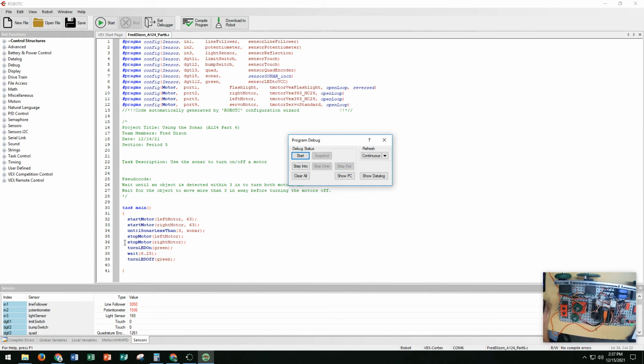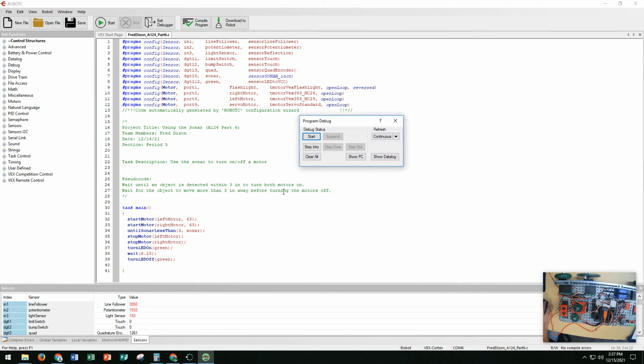All right, so now let's do the code for this one. Wait until an object is detected within 3 inches to turn both motors on. So what we'll do, I'm gonna take this, cut it, and put it in front at the top, because we're not gonna turn on the motor until it detects something 3 inches away from it. It will start the motor. Once I move my hand away, then the motors will turn off. Okay, so I'm gonna use the same one,